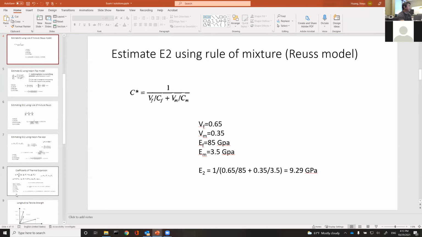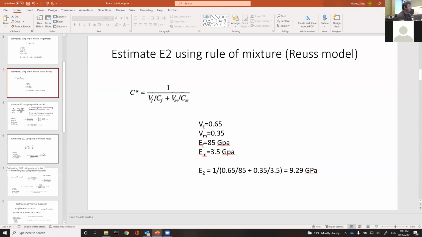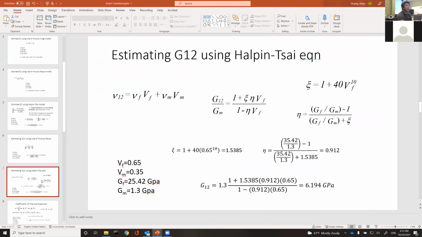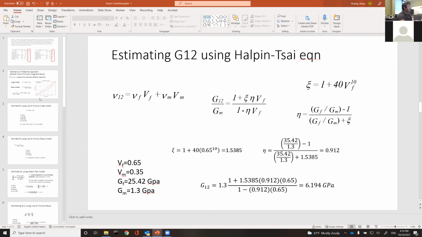And the Halpin-Tsai equation has been proven to be closer to experimental values. All right, any questions? Next, we are